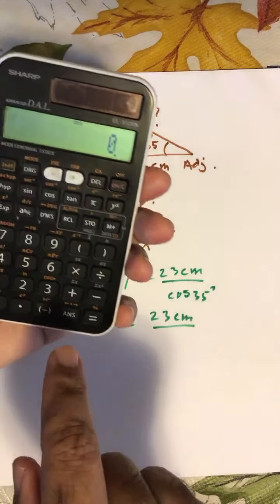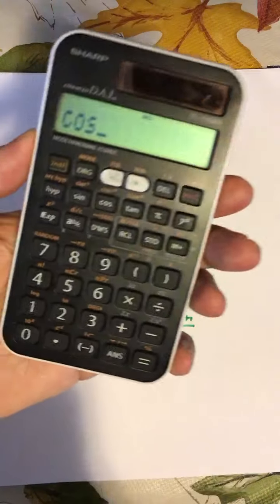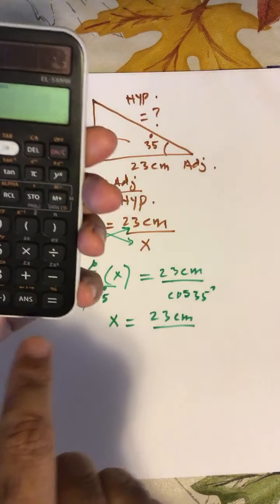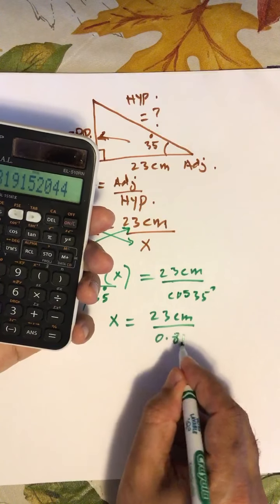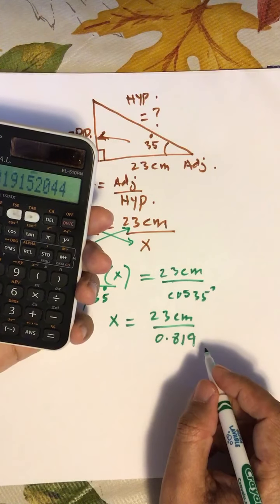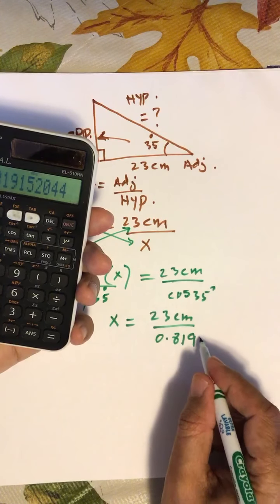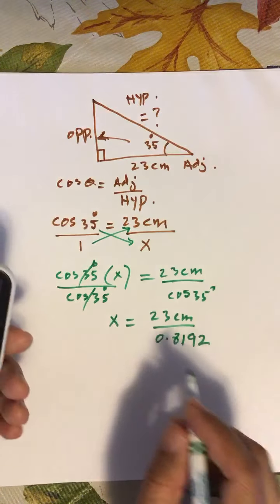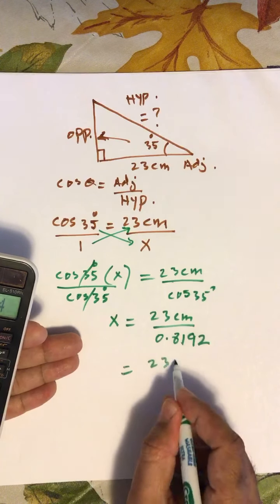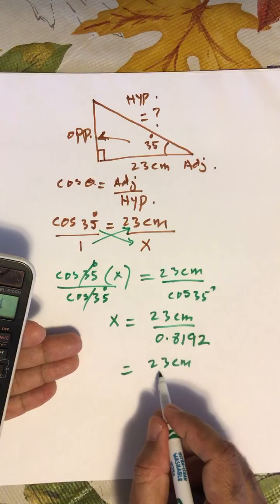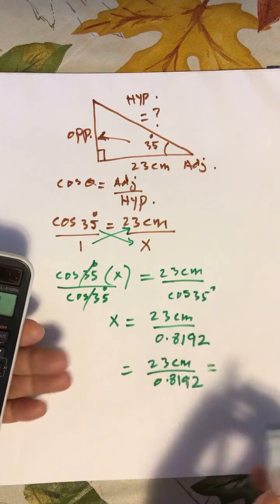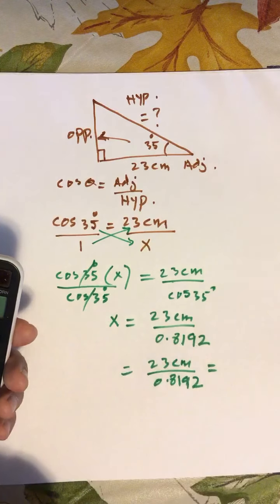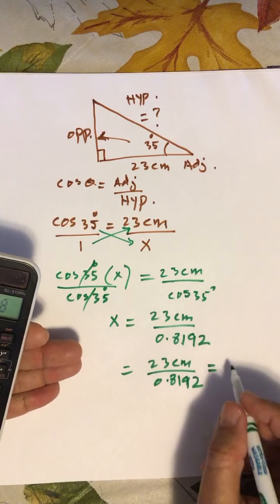So I have to find the cosine 35 value first. I'm going to push cosine and then 35. I get 0.8192. Now I'll just divide 23 centimeters by 0.8192. So that was just an additional step. I could have just divided it directly by 0.8192, and our answer will be